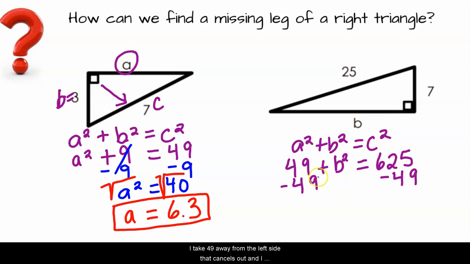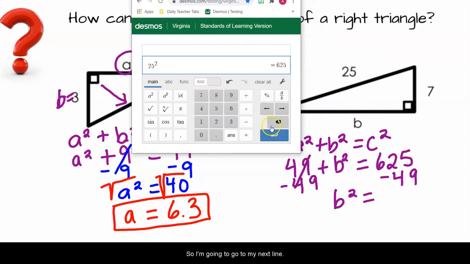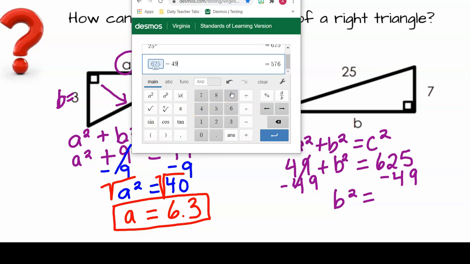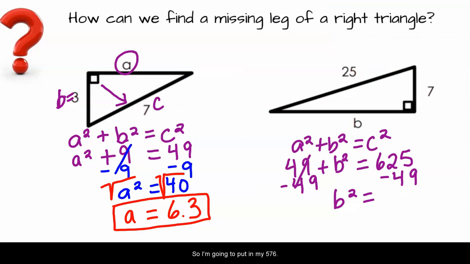When I take 49 away from the left side, that cancels out, and I get b squared. And now I'm going to take 49 away from the right side. So I'm going to go to my next line, and I'm going to bring down that 625, and I'm going to subtract 49. We can see that it's 576, but remember, that doesn't mean that b is 576 units. What it means is b squared is 576 units. So I'm going to put in my 576,